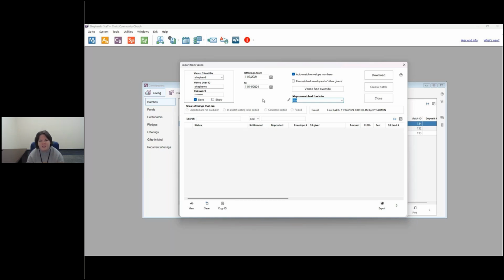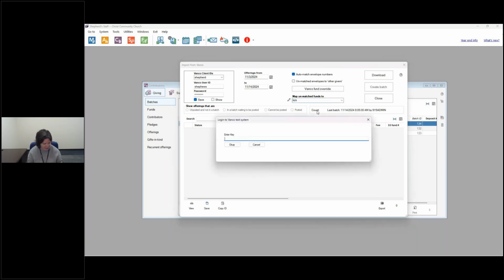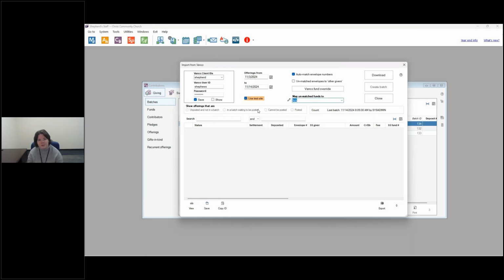Once you have all of these settings in mind, you'll go ahead and click on this download button. And if there is a problem, this thing is not shy. It's definitely going to let you know. For my test site, I'm going to click on this. You guys do not have to do this, but just because it's a test site, I'm going to click on this and enter in this code so that it knows I'm using the test site. But once you have all of this information ready, you'll click on the download button,